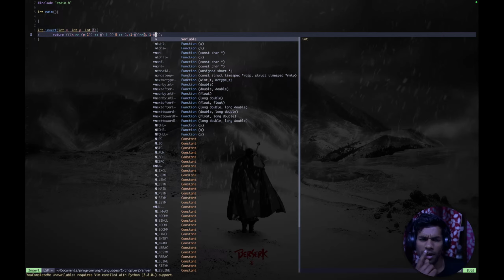The whole thing depends on how I am slicing x. Right shift x by p plus 1 times, and then left shift it by n times. Okay, I have it empty. Now what do I want? I want the inverted values for those n bits. How do I get the inverted values for those n bits? For that, I first of all want those n bits. How do I similarly get those n bits? To get those n bits,